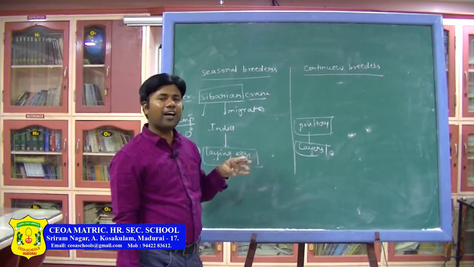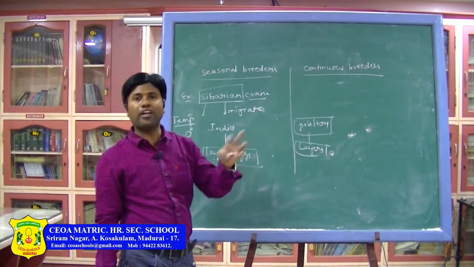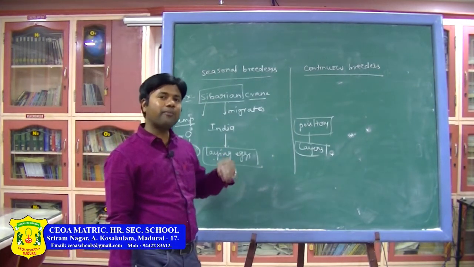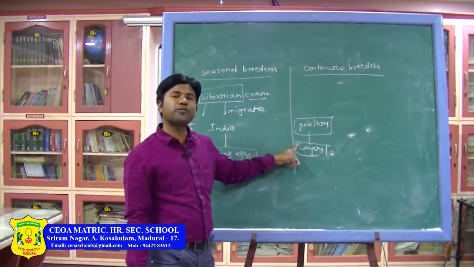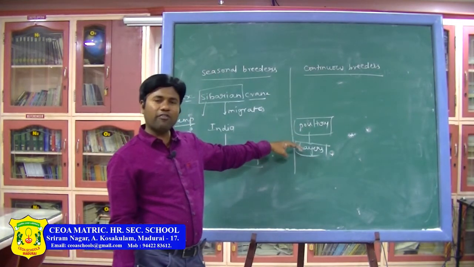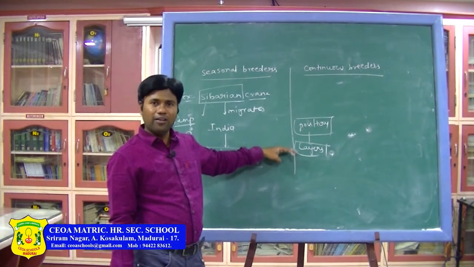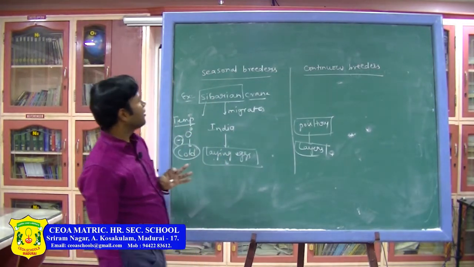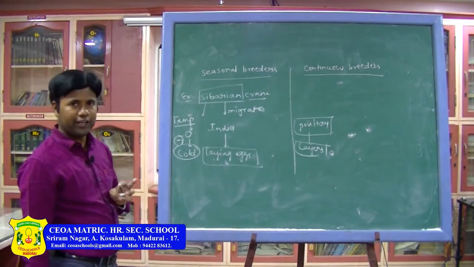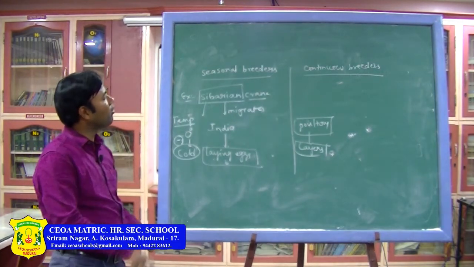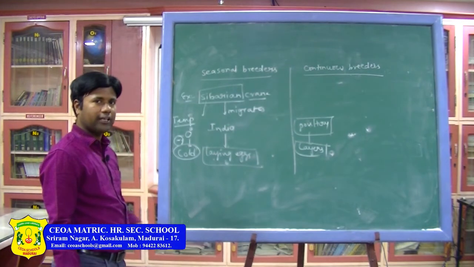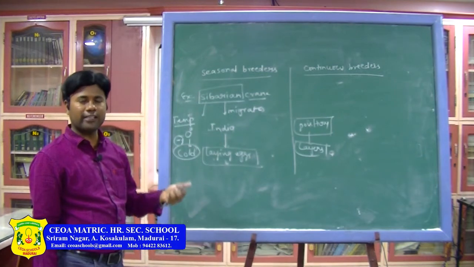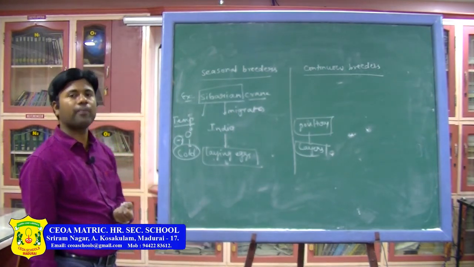Because in order to meet the needs of the growing population, the food requirement and some economic purpose, for getting some benefit, they made such facilities to produce more eggs. So the eggs that the poultry farm hens are laying never come under the seasonal breeder. This is the small difference between seasonal breeders and continuous breeders. This is exceptional. Poultry farm birds laying eggs never come under the seasonal breeder. In the natural habitat, whichever lay eggs come under the seasonal breeders only.